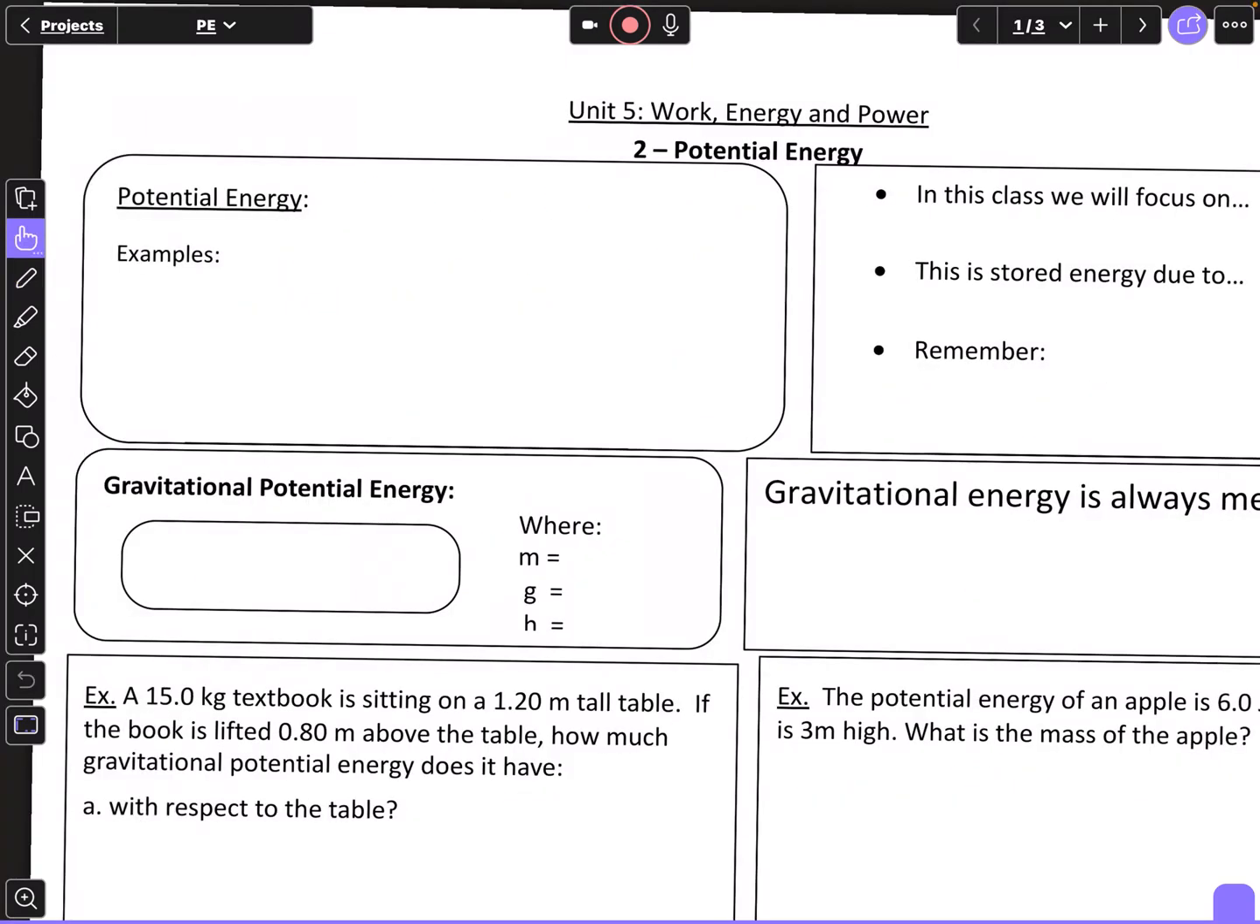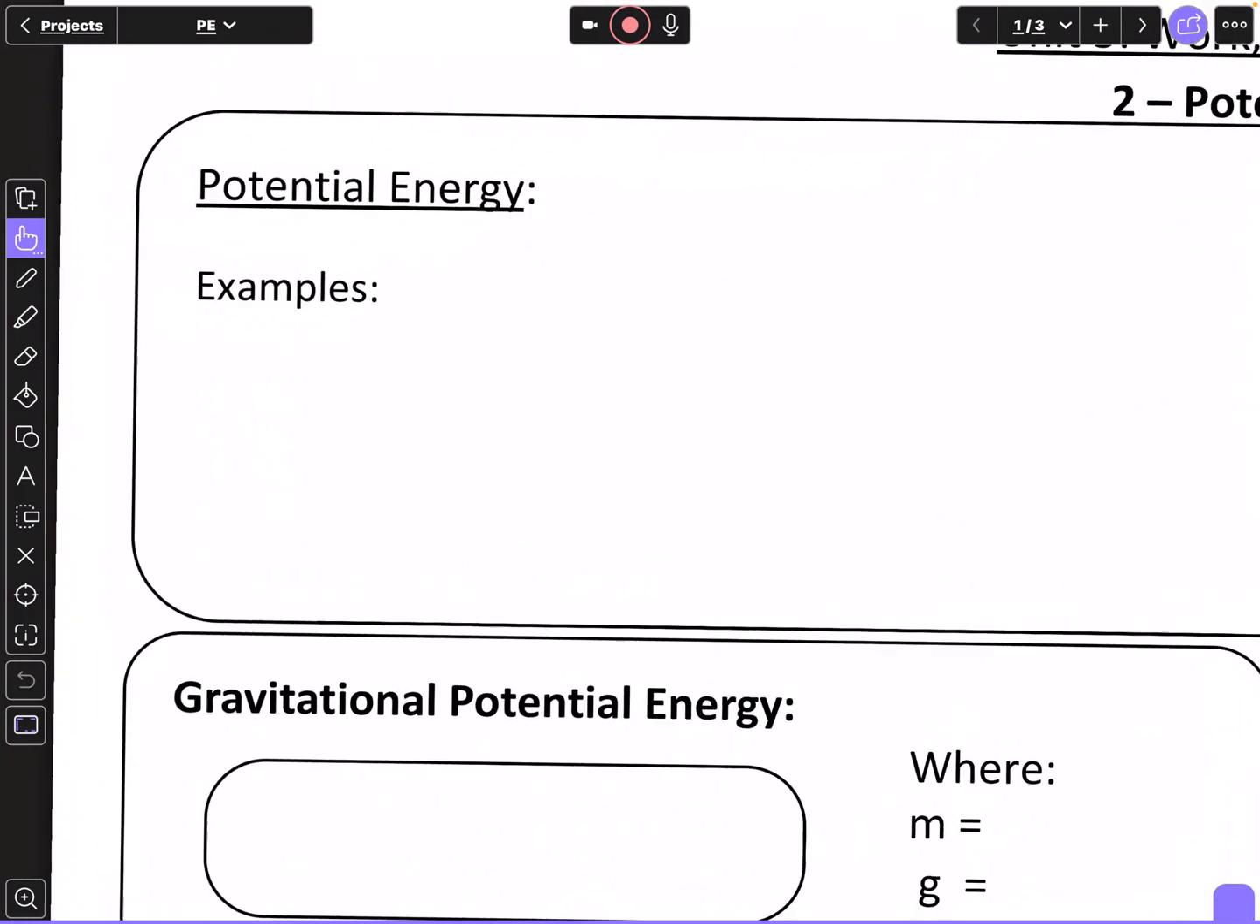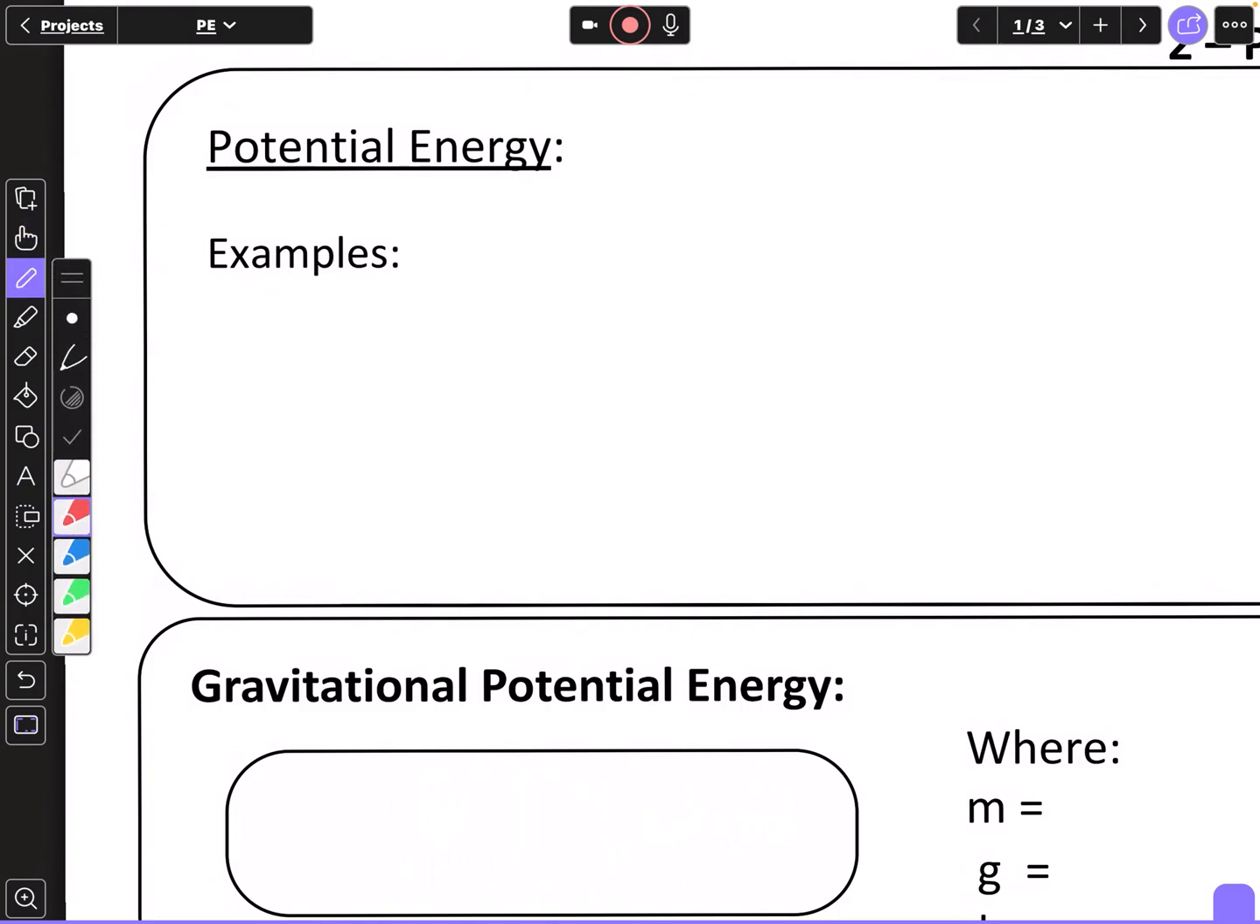So now back to this. You should have this handout right here. And first we're looking at potential energy. Potential energy is stored energy. And some different examples are chemical energy, that you see like in food. And then we'd also have